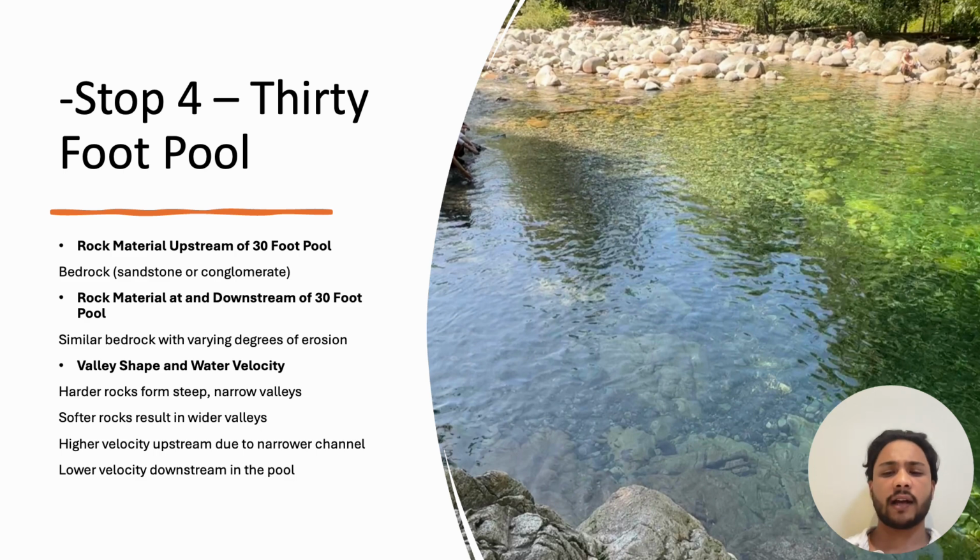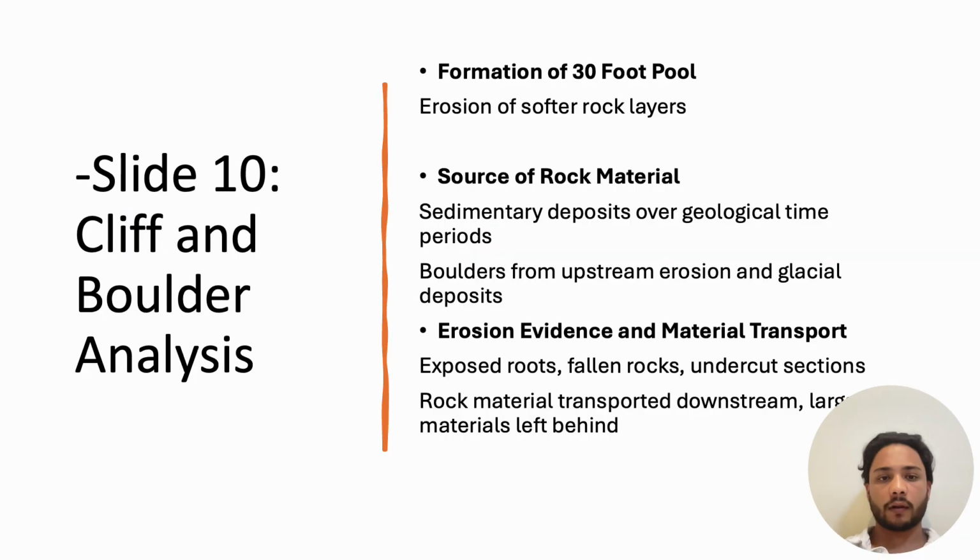The water velocity is higher upstream due to the narrower canal and decreases downstream where the pool forms and the canal widens. The 30-foot pool formed through the erosion of softer rock layers, creating a deep pool. As I've already mentioned, it was formed due to the erosion of softer rock layers, and also the boulders